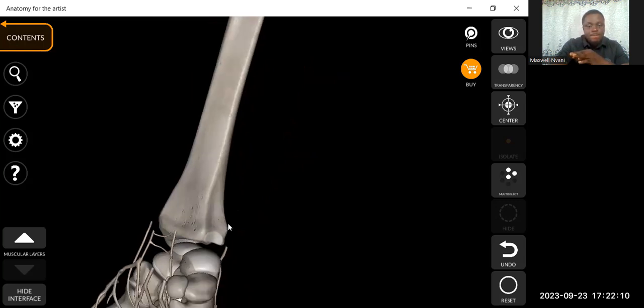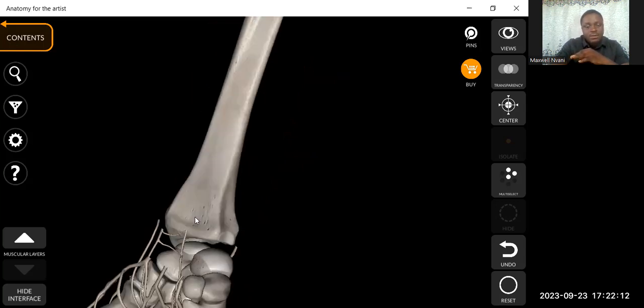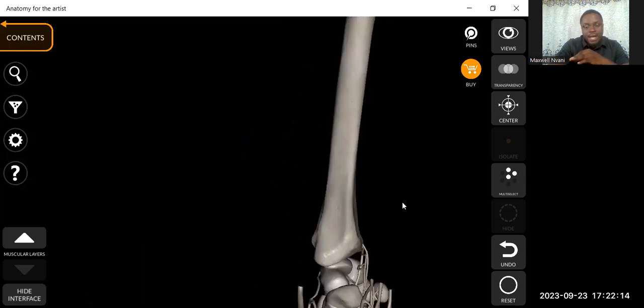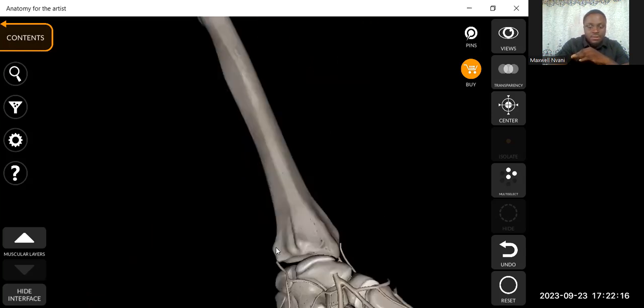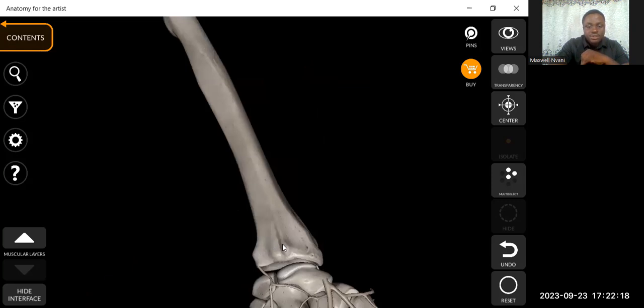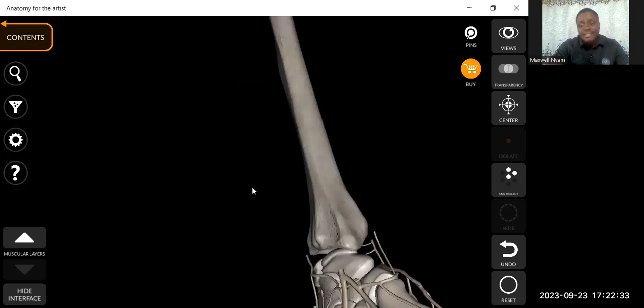All right. And then finally, on the posterior aspect, we have this tubercle here called the dorsal tubercle of Lister, L-I-S-T-E-R, Lister. Okay, so those are the three important features in the lower end. Now, site determination,